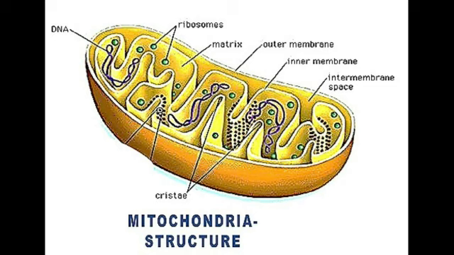Inner mitochondrial membrane is semi-permeable membrane and regulates the passage of materials into and out of the mitochondria. It is rich in enzymes and carrier proteins. It consists of 80% proteins and lipids. Now cristae. The inner mitochondrial membrane gives rise to finger-like projections called cristae. These cristae increase the inner surface area, that is fold in inner membrane of the mitochondria to hold variety of enzymes. The next structure is oxysomes.